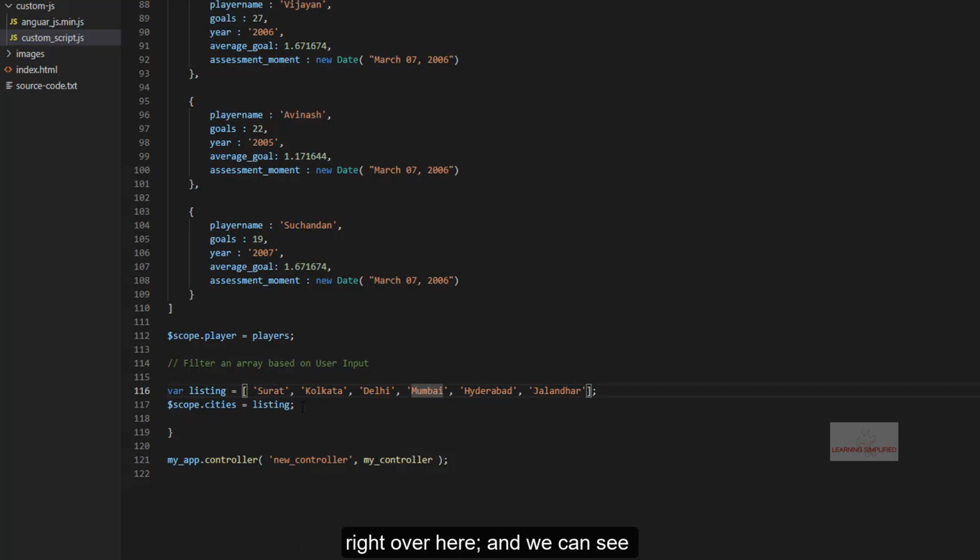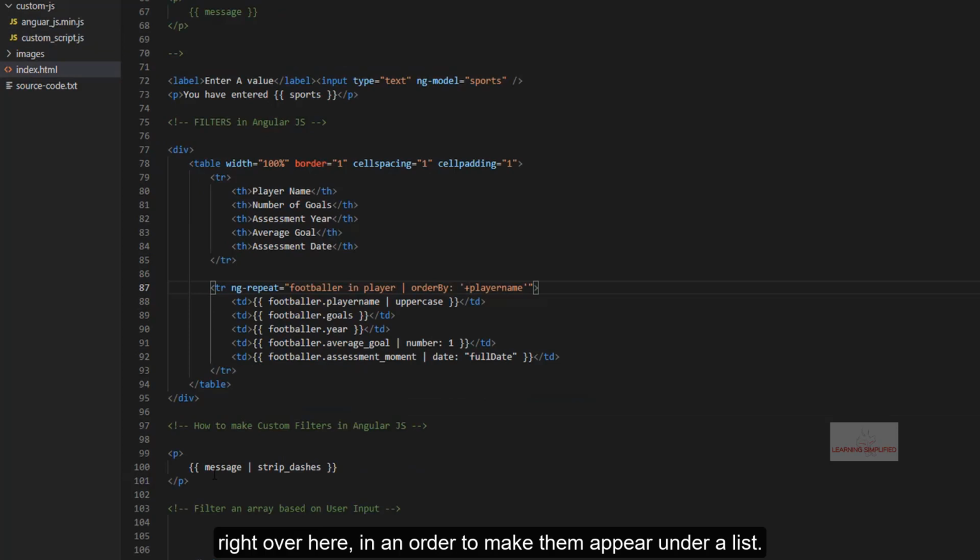We had bound this data with the $scope object, creating this model name, and we will be using this name in order to make them appear under a list.